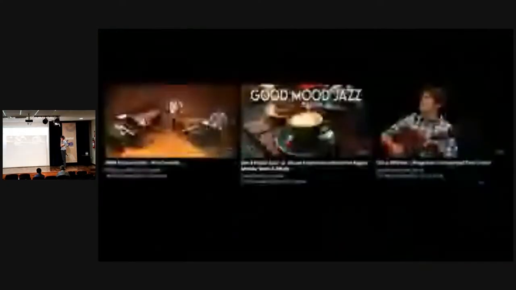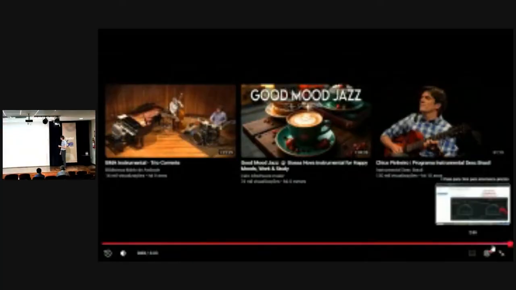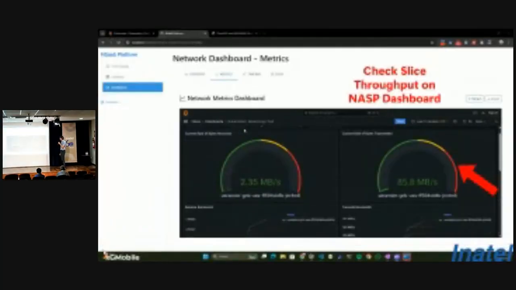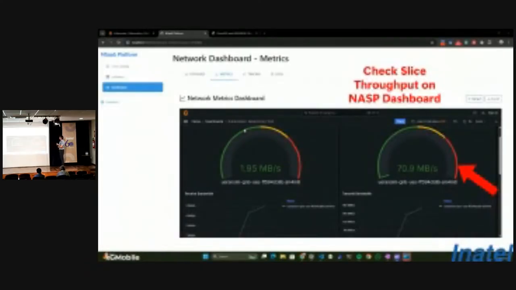Prometheus has a lot of dashboards ready to use, and we got them and put them here on NASP. We are working on logs and traces and everything to make the monitoring of the infrastructure.